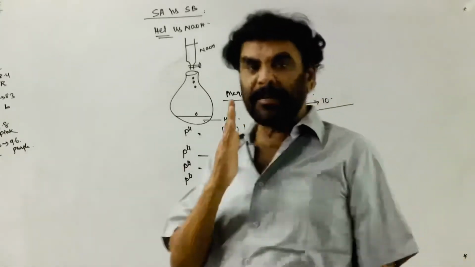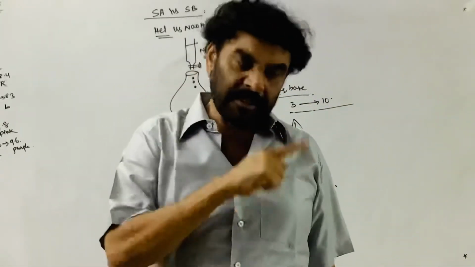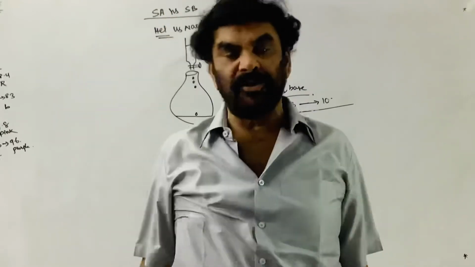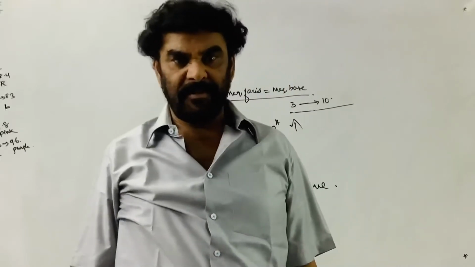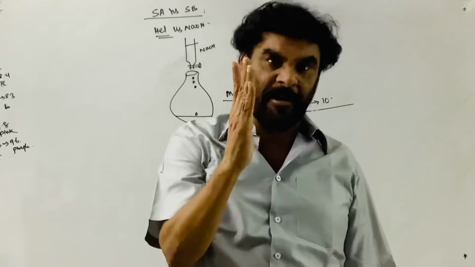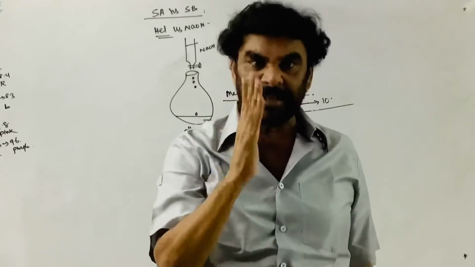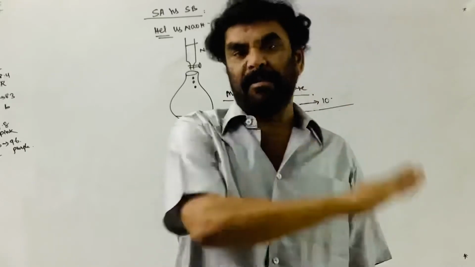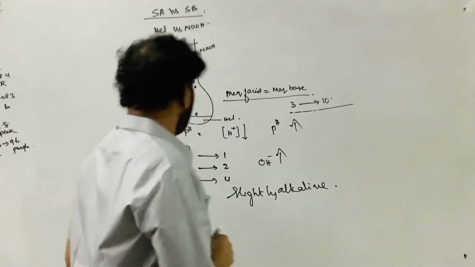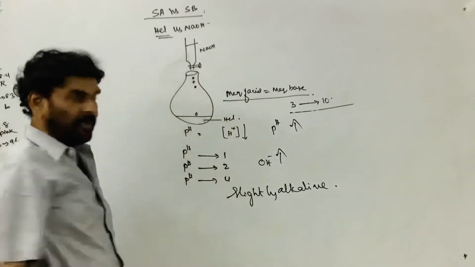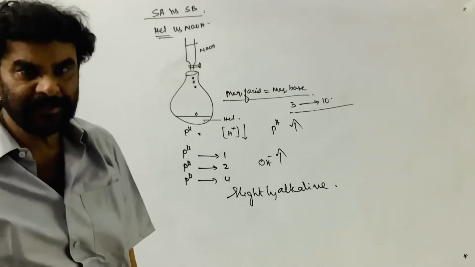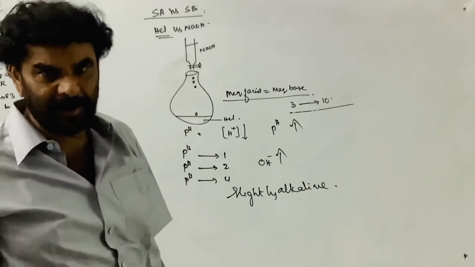In acid-base titrations, at the end point, there will be a big fluctuation, a sudden rise in the pH of the solution. So the pH of the solution at the end point will never be 7. Now, to identify the end point, what is required? A suitable indicator is required.